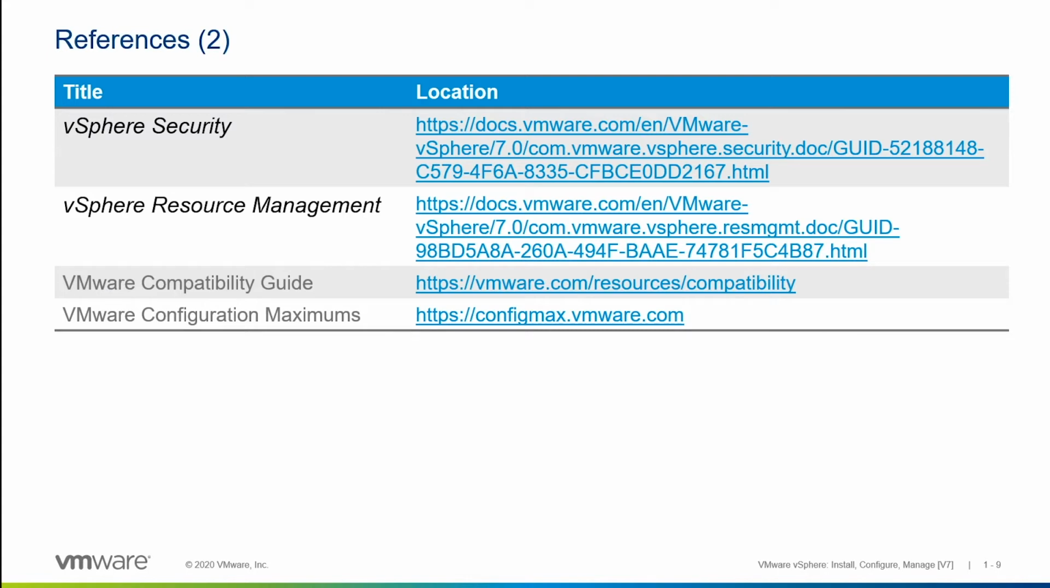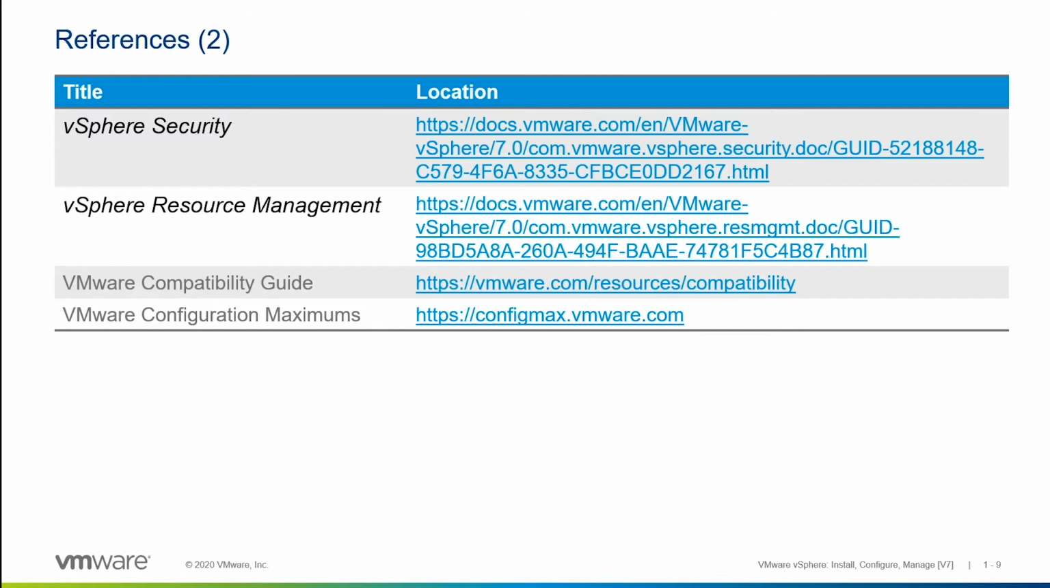vmware.com/resources/compatibility. Now, anytime you think to yourself, gee, how many virtual machines can I run on my host? How many ports can I have on my virtual switch? How much CPU can I assign to a particular virtual machine? Any of those questions of how much or how many will depend on the particular version of vSphere that you're running. So head over to a new site that VMware has built called configmax.vmware.com, and you'll find